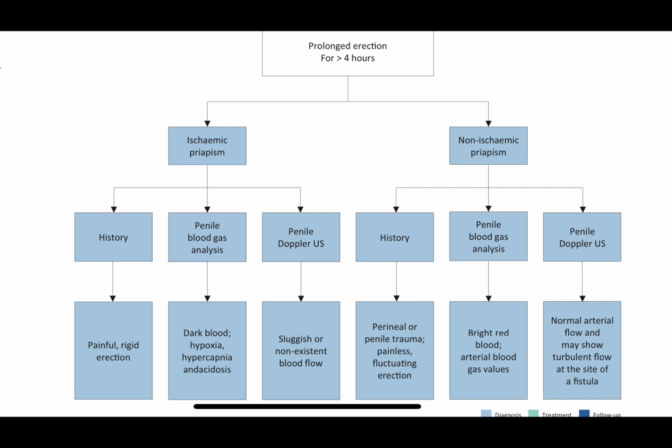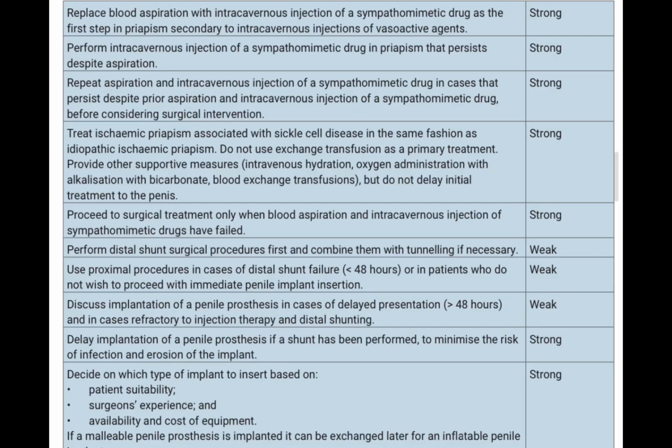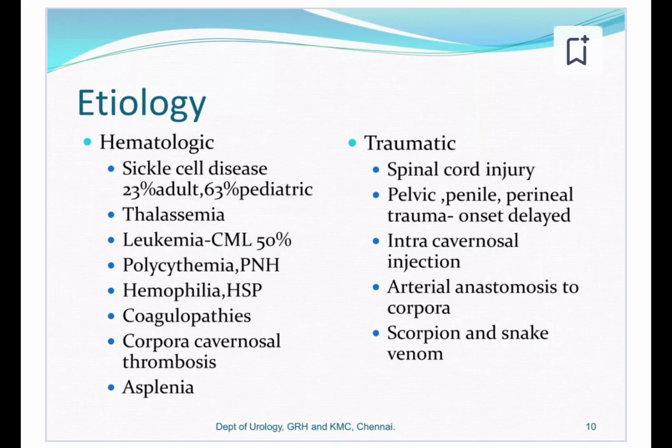So ischemic priapism lasting beyond 4 hours is similar to compartment syndrome, characterized by the development of ischemia within the closed space of the corpus cavernosa, which severely compromises the cavernosal circulation. Emergency medical intervention is required in order to reduce smooth muscle necrosis, corporal fibrosis, and the development of permanent erectile dysfunction. So the duration of ischemic priapism represents the most significant predictor for irreversible consequences.